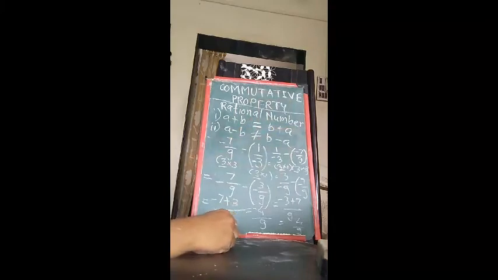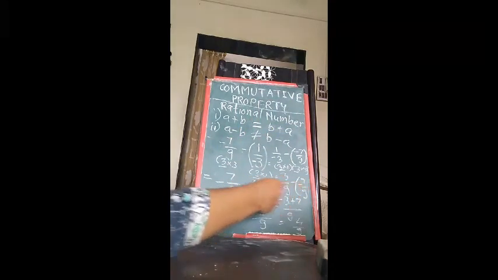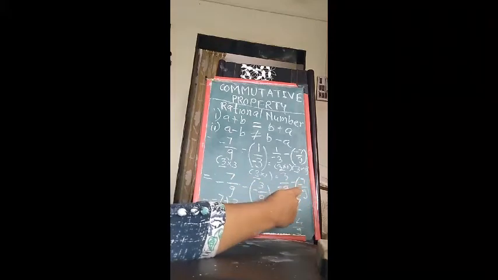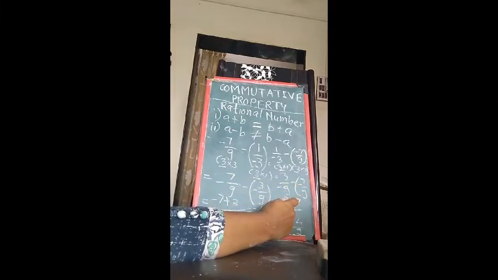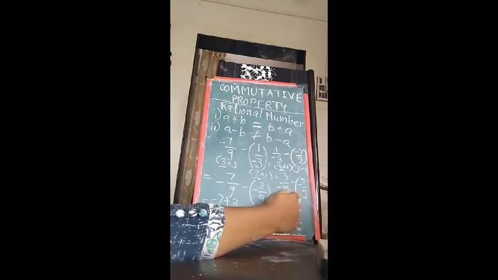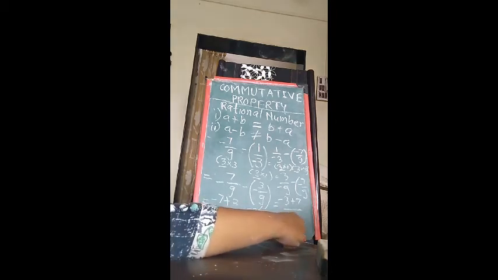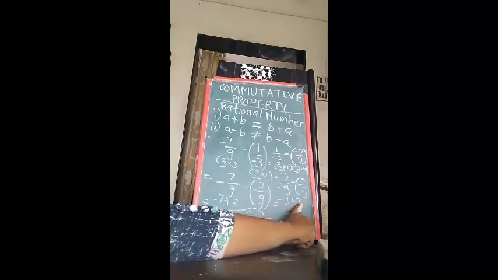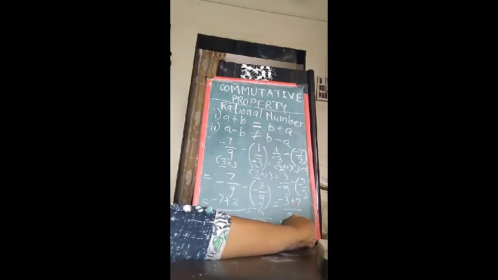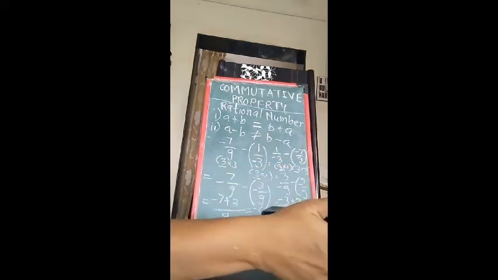Have you got this? So the same thing we are doing here. Just here the sign is changed, as for the bigger number the plus sign will come, for the smaller number minus. Here for the bigger number the sign is minus, and for the smaller number the sign is plus. That is the only difference. So the answer is minus 4 upon 9. Here the answer is 4 upon 9, because for the bigger number the sign is plus. That's why the sign here is plus. Okay, shall I rub this?